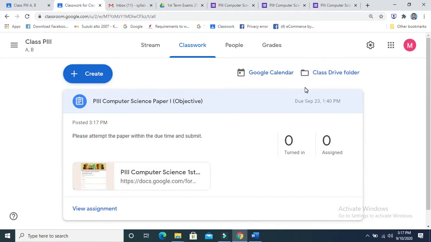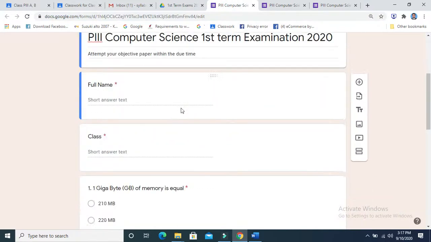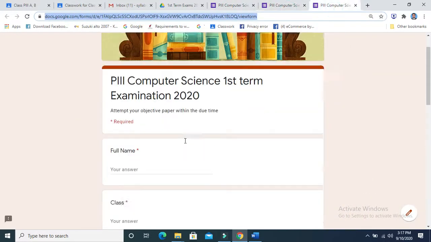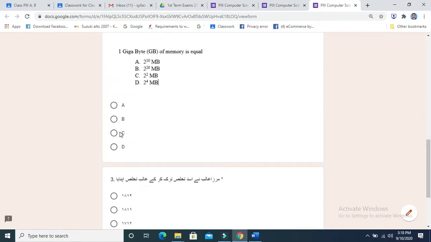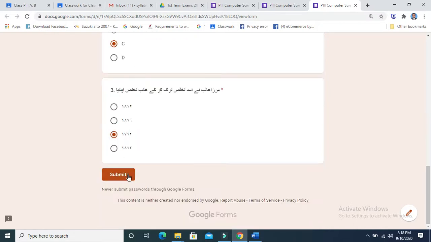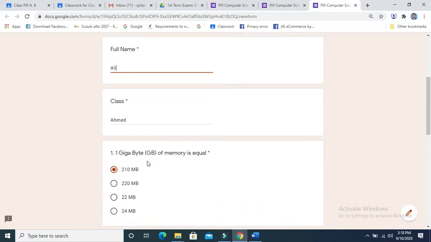So I think this is now complete. One thing was there, that when a student is submitting, I think one option was coming. Let me check that. Okay, when we are attempting the assignment, let's suppose, whether the student is able to see the result. Acha, full name is not there. Ali, class P3.